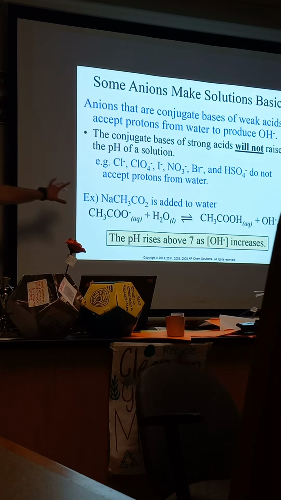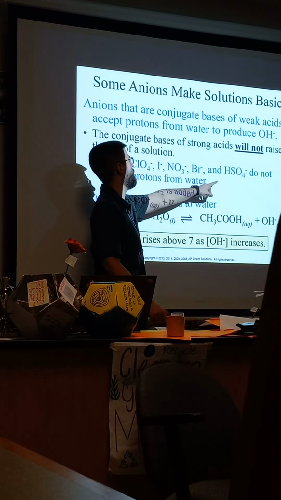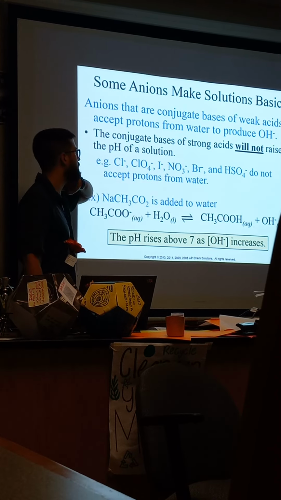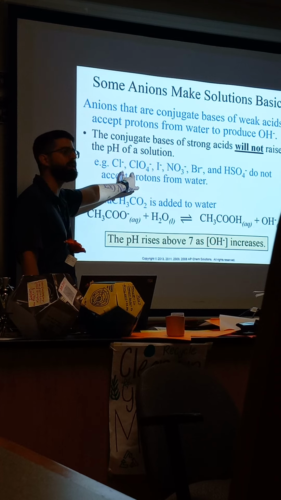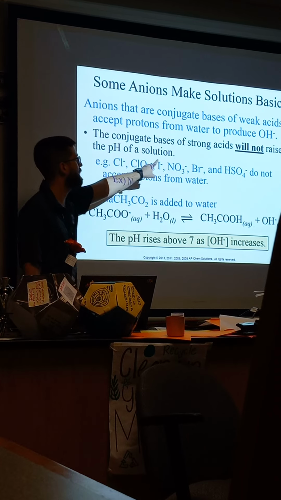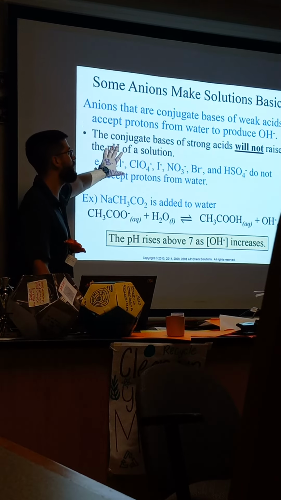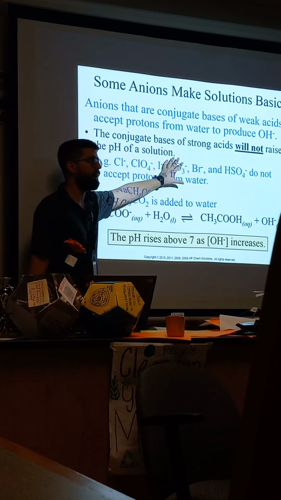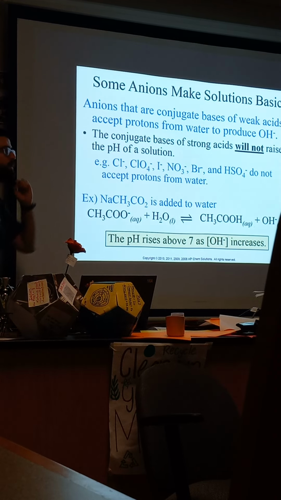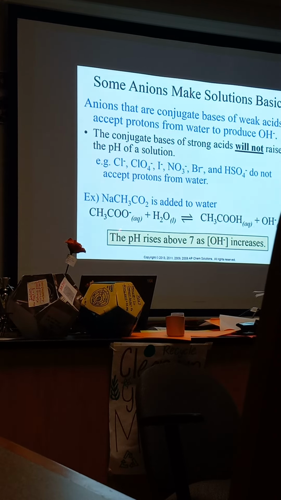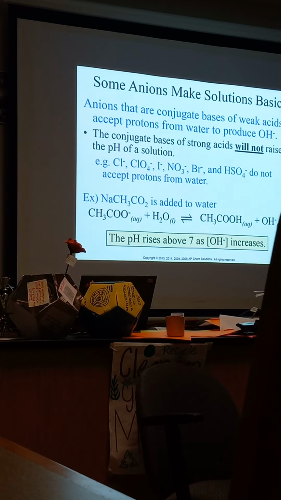Don't worry. These do not accept protons from water because you might notice these are the conjugates of our strong acids. So these will not do what this slide is saying. But many other anions will. And it's just simply because they want to pull that positive thing over to them. So